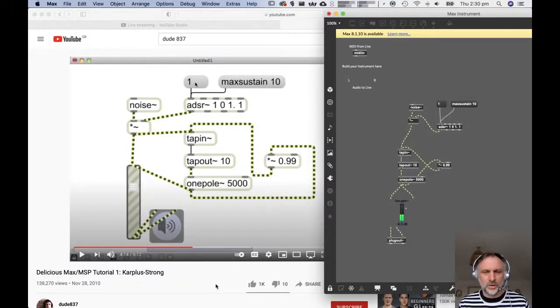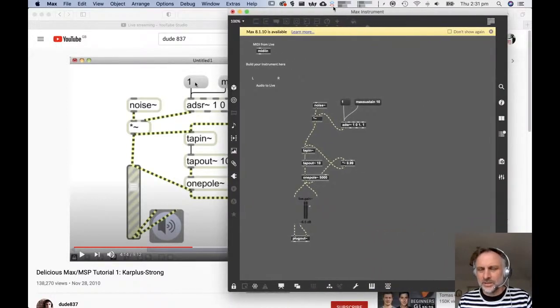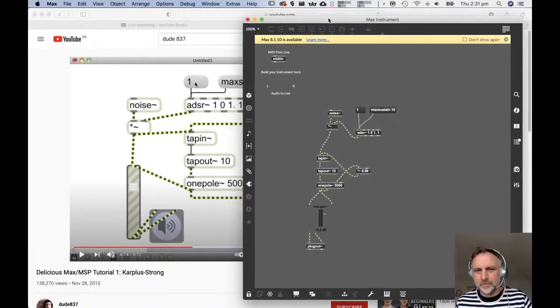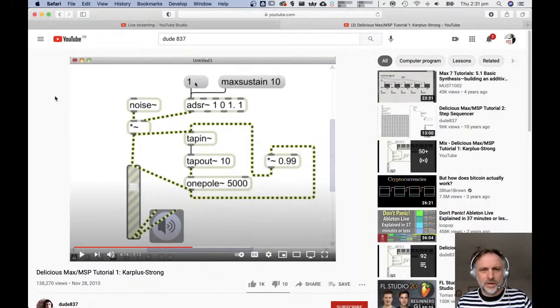There's more to this tutorial, but my point there is that you can take anyone's Max tutorial and modify it with very little work by swapping out a few objects into Max for Live, as long as you understand what the context is, like whether it's MIDI processing or audio processing or sound design and generation, then you can just kind of go for it. So I really recommend